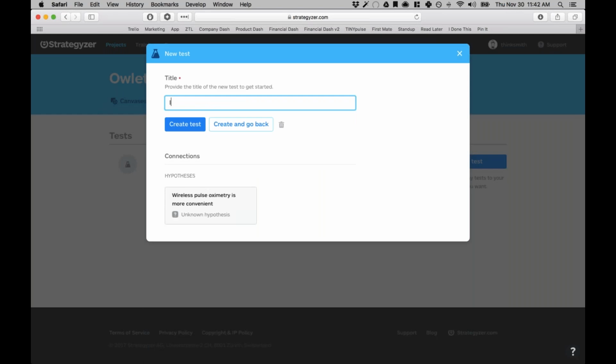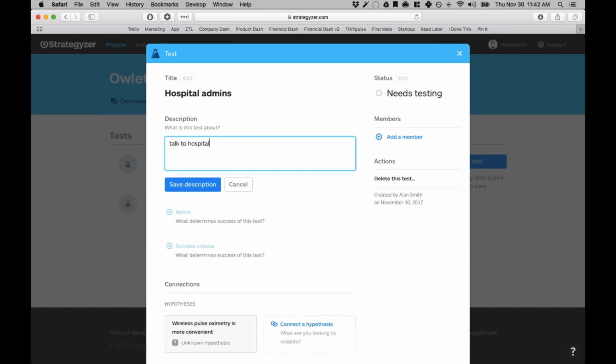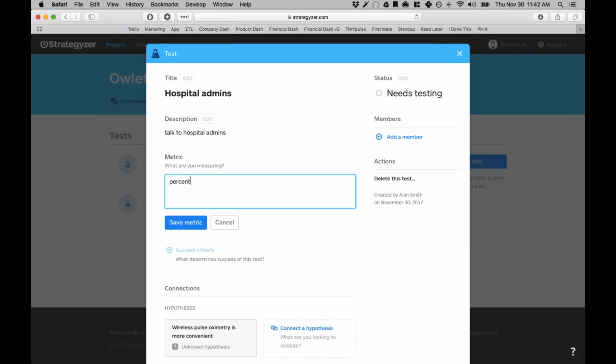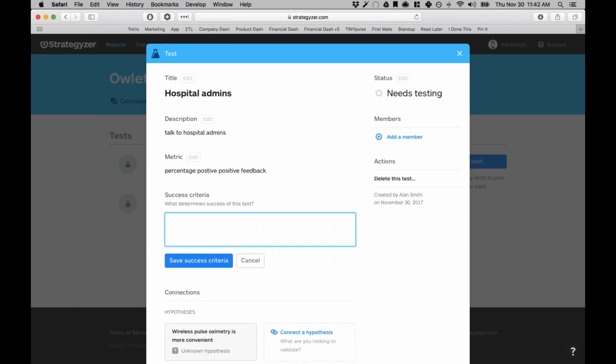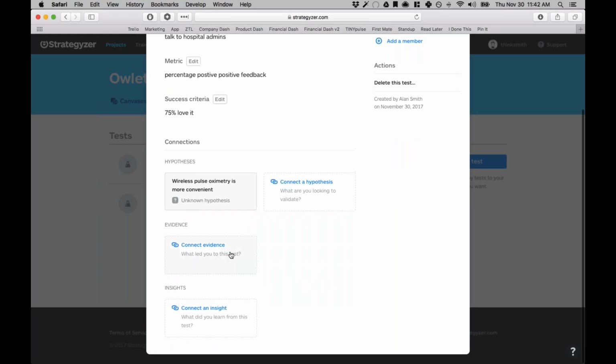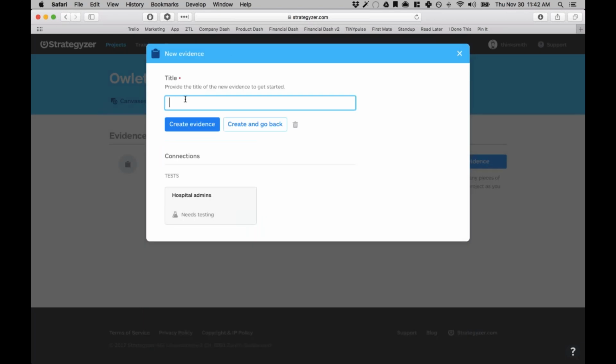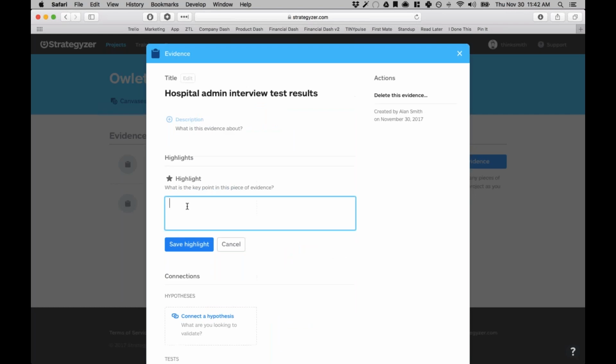So we'll do an interview series on hospital admins, create the test, and say, talk to hospital admins. Same thing, percentage positive feedback. And the success criteria, same thing, let's say 75% love it. And let's track the evidence. Let's say we went out and we talked to them. Okay, so hospital admin interview test results, create the evidence. And let's just jump straight to the highlight, which was,